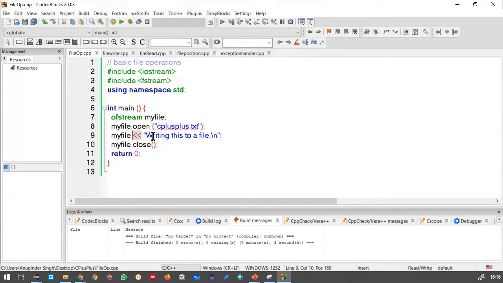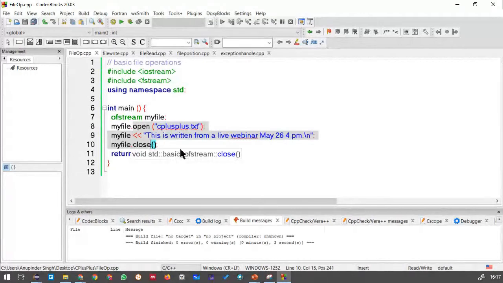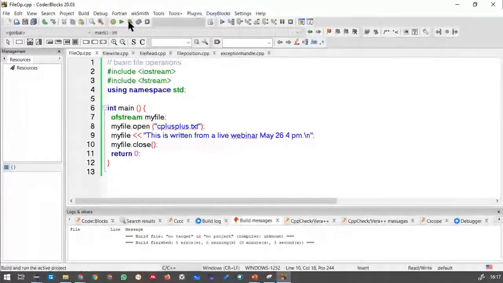And in this file, I am writing something like, this is written from a live webinar, May 26, 4 p.m. If I wanted to write this particular thing inside the file, I need to do that. And once the writing is done, the file is supposed to be closed, and things should be put to rest. So once I try to run this particular program,